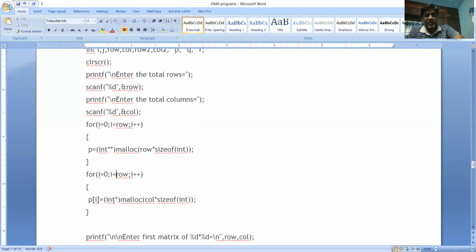Each row is allotted memory with int * malloc, because every P of i is a one-dimensional array of the matrix. So every row is treated as a 1D array. Therefore, you require int * here, malloc of how many locations we require in each row, exactly the number of columns. So each row contains the specified number of columns. Therefore, col into size of int.